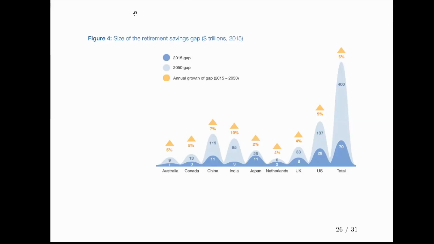And you may have heard that almost every French president always tries to reform retirement, and it's very difficult to do. So here, this is the size of the retirement saving gap. So what is this? It's the amount of money that has been promised by retirement funds. They say if you invest that much in your retirement fund, then we pay you that much in the future. Problem is,